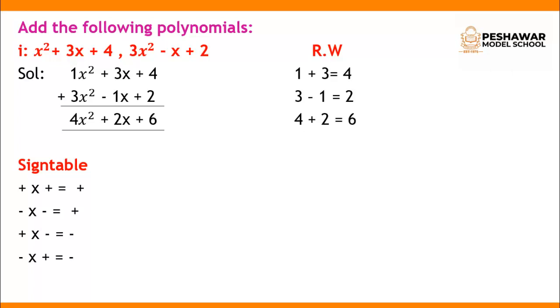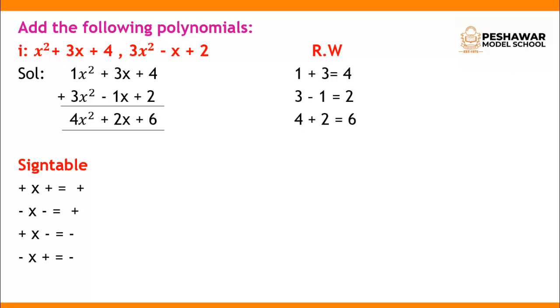So now you have to know that we have to add the coefficients of the like terms. As you know, in algebra we have to use the sign table, that is plus multiply by plus equal to plus, minus multiply by minus equal to plus. Again, same signs give a positive sign and different signs give a minus sign. Plus multiply by minus equal to minus, minus multiply by plus equal to minus. So my dear students, use this sign table in these questions. Now you have to add the coefficients of the like terms.